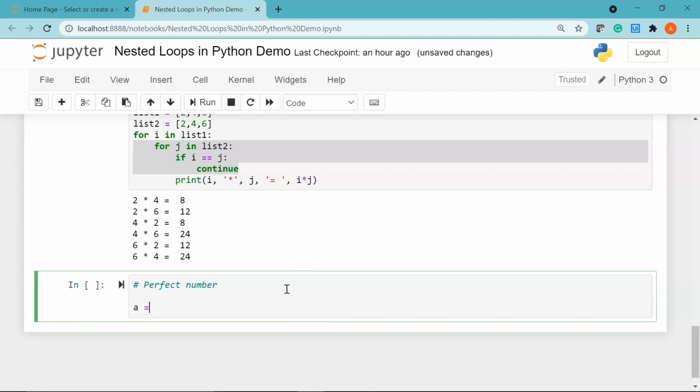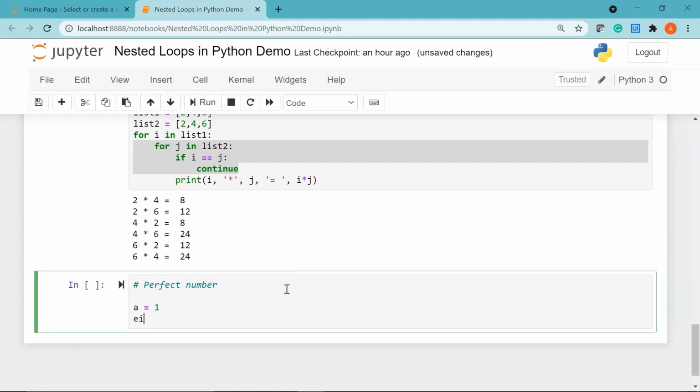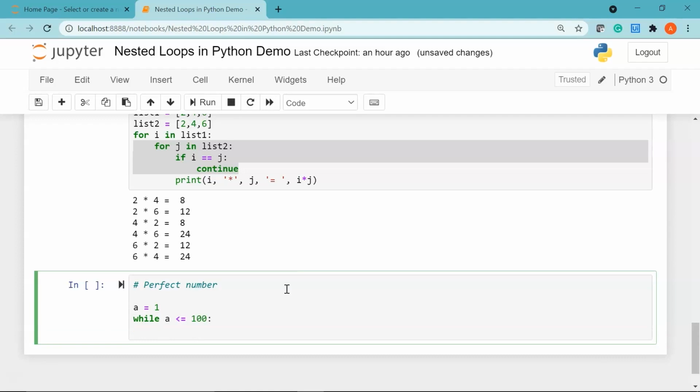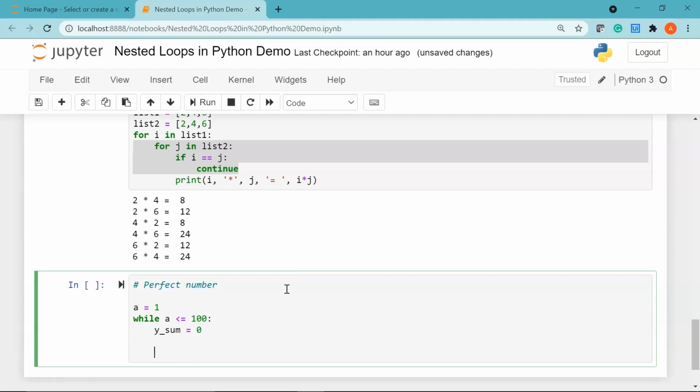So I'll first declare a variable called a, which will have a value of 1. Then I'll say while my a is less than equal to 100, then I'll declare another variable called y_sum, which will have the value of 0.